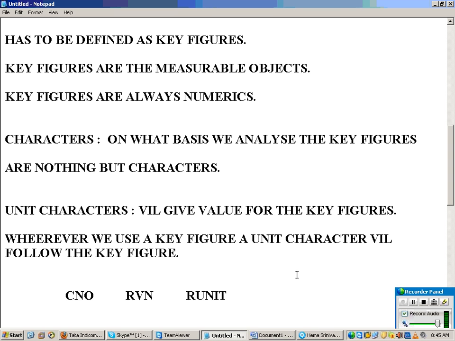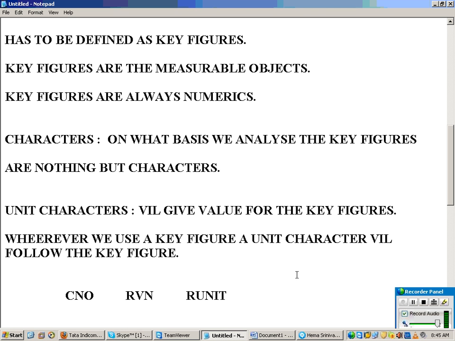But when it comes to the reporting part, the behavior of a key figure is a bit different compared to a character. I'll show you that when I go to reporting. Suppose I create something as a character while loading numeric values only. In reporting, using the key figures you have, you can start creating some more key figures for analysis purposes. You can represent it, but when I want to do some particular analysis on that, then